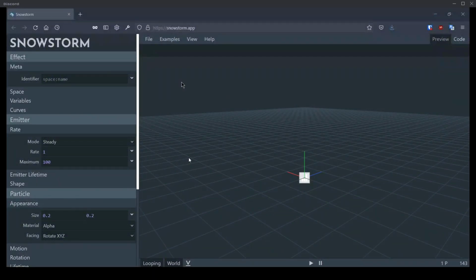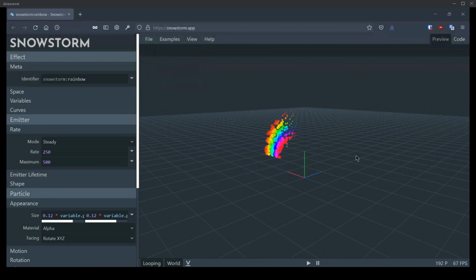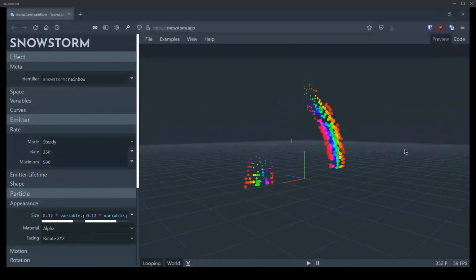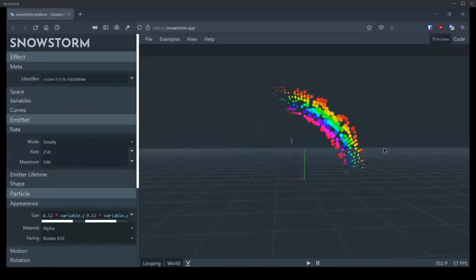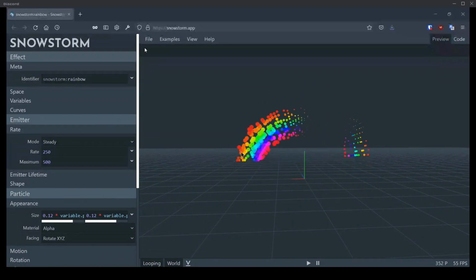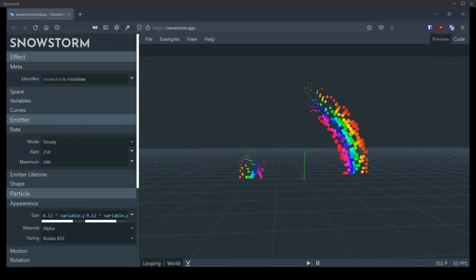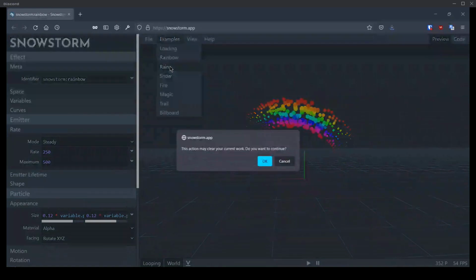Something that CC did not show off, which I would like to, is the examples panel. There's a whole bunch of cool stuff here. And if you wanted to get super hyped up about what particles can offer, Janus has provided some pretty awesome ones. Here's a rainbow effect. So this is using a whole bunch of the stuff that CC was showing. It changes the particle size over the lifetime. It has these color bands that are created with that overlay color. We'll just go through these really quick because I think they're great.